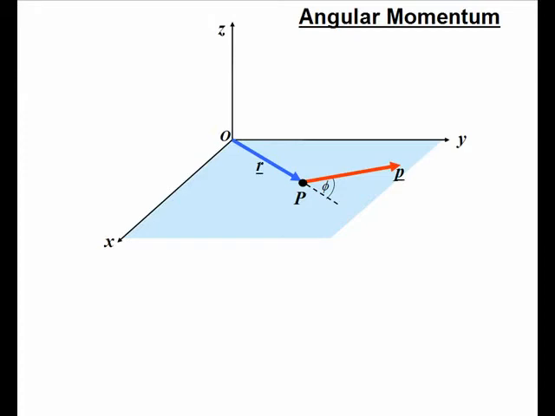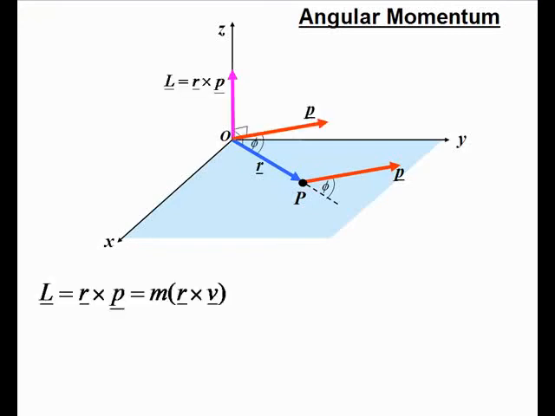The diagram shows a particle with linear momentum p, which is equal, of course, to its mass times its velocity vector, and the particle is located at point P in the xy plane. The angular momentum of this particle with respect to the origin O is defined as capital L, and that is